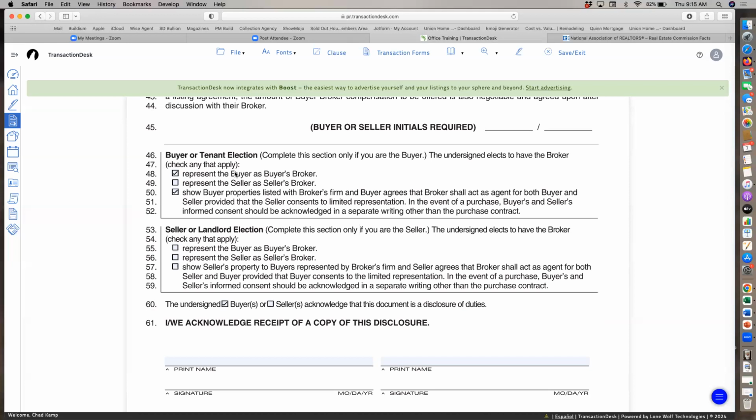No law in the land is going to believe that. So to give you that separation, you want to select who you've got more loyalty to, right? And so if you've got a listing, that loyalty is to that seller, okay? And most times it's going to be a buyer that comes in an open house. You don't know from Adam. So you simply,